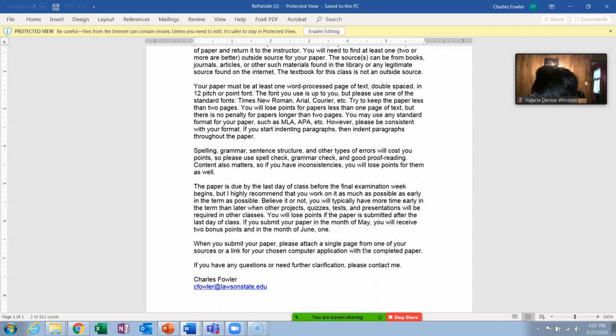Let's say that may be a journal article that you found in the library or a book you found in the library. Well, take it, if you were in the library, or if you have the book at home or something like that, get a copy of it, and send me a copy of that page. A single page. I don't want the whole article. I don't want the whole chapter. Just a single page from one source. Not all your sources, just one source.